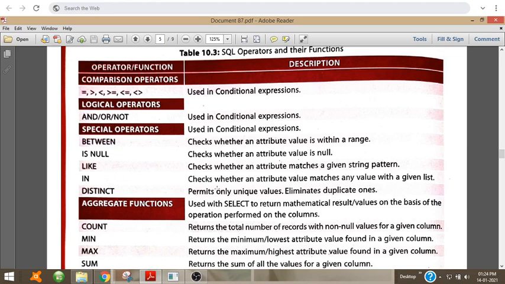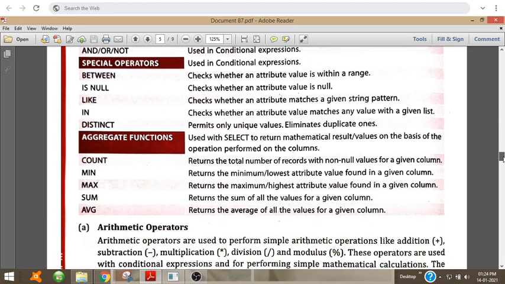Then IN checks whether an attribute value matches any value within a given list. So we will try all these operators. Then the aggregate functions. They are count, min, max,